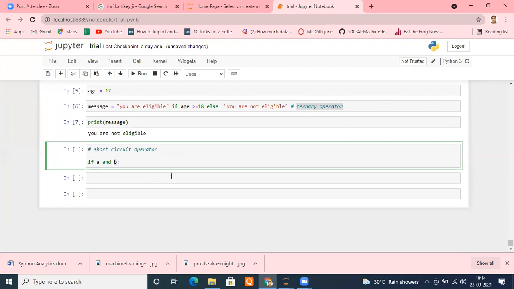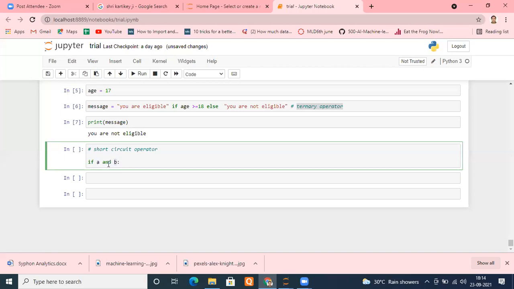But now take the opposite. Suppose evaluation starts from A and immediately it finds that A is false. It won't evaluate B now. It won't even check what B is, because it sees that it's an AND operator, and for an AND operator to give true output, both have to be true. So if the first operand is false itself, how can the output be true? In any case, it cannot be. So it doesn't even check B. If the first operand is simply saying I am false, immediately it will return false. It won't even go to B.